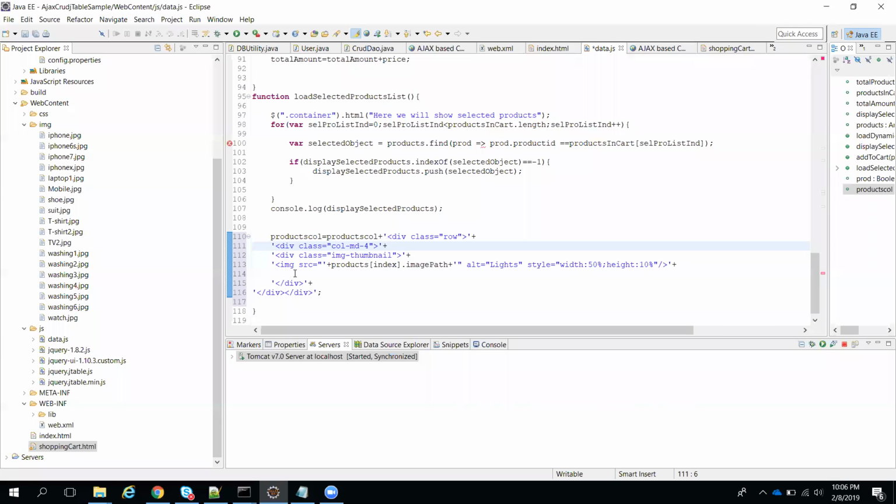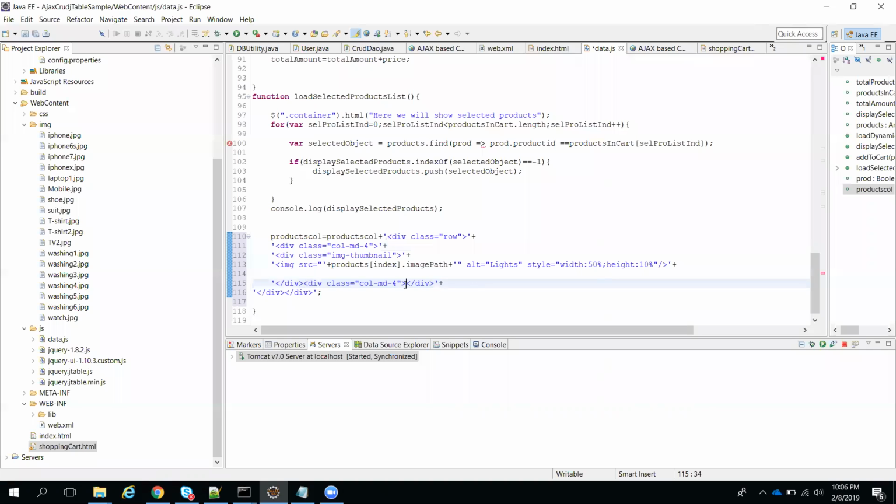Now what I want to do, after one column I will keep one more here for displaying the price and all. So for displaying price, we need one more column, meaning on the left side one image, and on the right side I want to display quantity and price. So that's why I'm giving one more div.